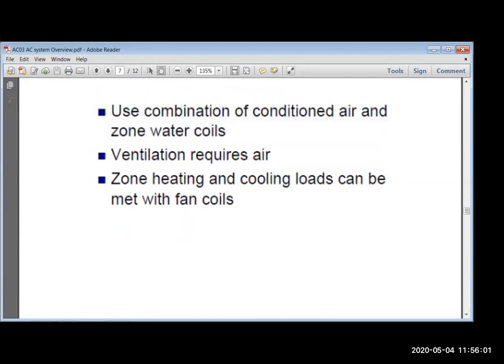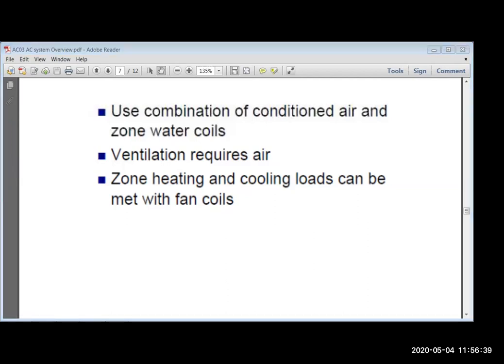Now ventilation requires outside air. So that air is to be treated separately, cooled separately, or mixed with hot and cold air. The outside air will be hot in summer, the inside air will be cold, so they are mixed. So we don't mix outside air directly, we just precondition it. A separate outdoor air unit is installed sometimes. That is called a dedicated outdoor air handling unit. In a large building a dedicated unit is required, and that dedicated unit will cool the air.